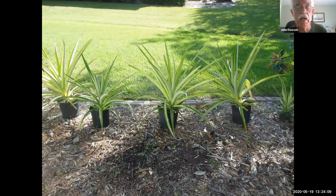Here's a pineapple patch that I had a couple years back. I grow them in containers. These are standard plastic 3-gallon containers. Once they get up to this size, they basically act as sails, and I use gutter nails to actually drive in through the bottom of the plastic to anchor it in the ground. It gets even more top heavy once the pineapple starts to develop. Pineapples usually take between 12 and 18 months, depending on the variety. Once you twist off the top and you put it in the pot,